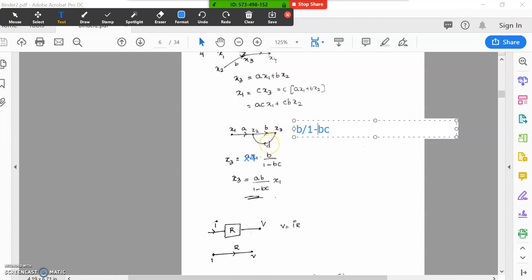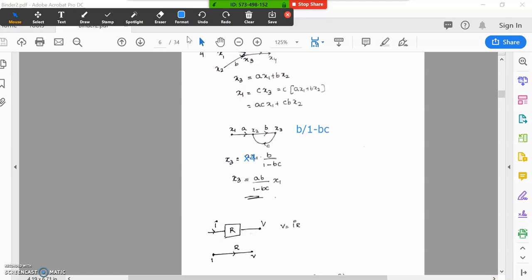This is a positive feedback because I have not written a sign. If it is a negative feedback, we'll write it as minus c. Positive feedback is plus c, and if it is positive feedback, in the equation you write it as minus bc, and then this entire equation gets multiplied by a. So this is the equation for this